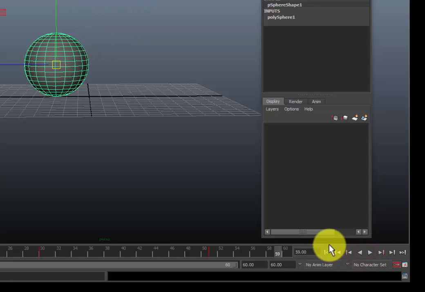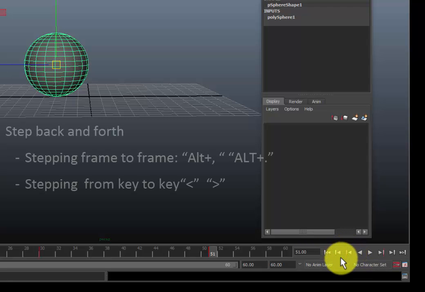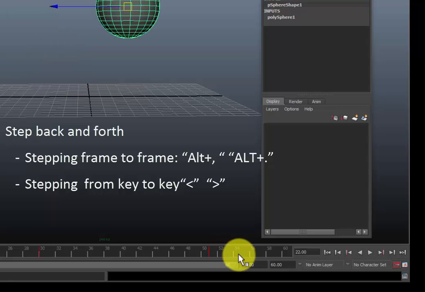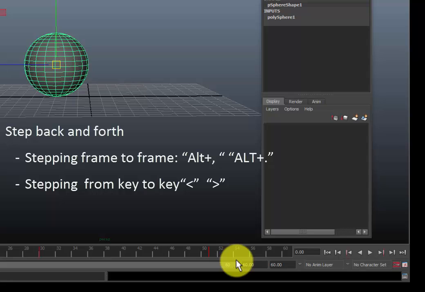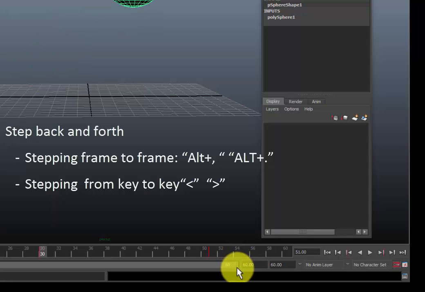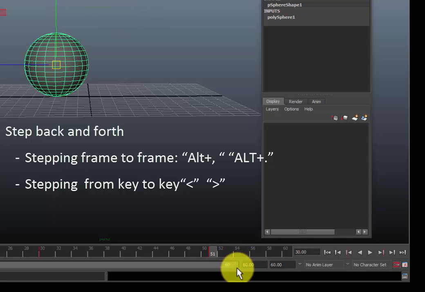Now the shortcut, which is ironically for the step key, is your little greater or minus signs on your keyboard. Press either to go back and forth. And that's very helpful when you're doing blocking animations. You just want to pop from one frame to the other just to see the difference. But then later on, you want to actually do the same thing with your